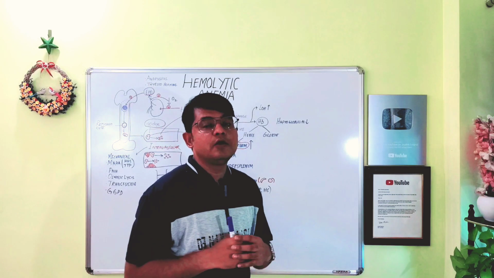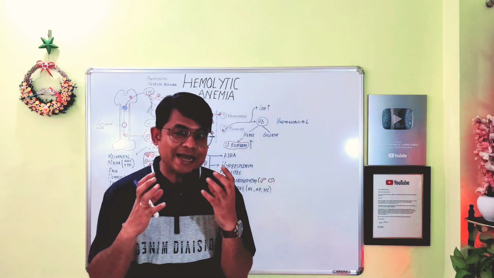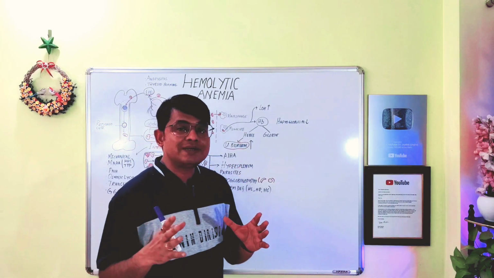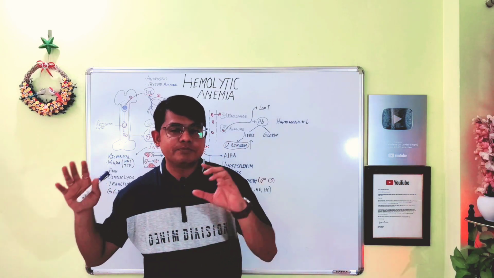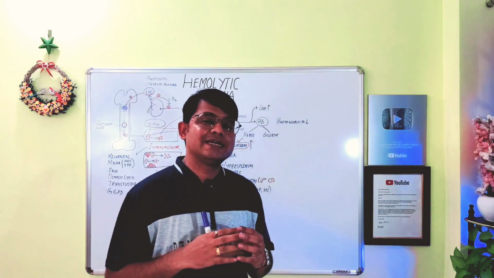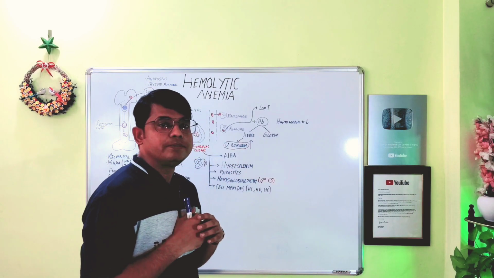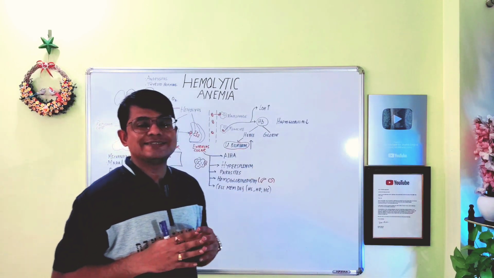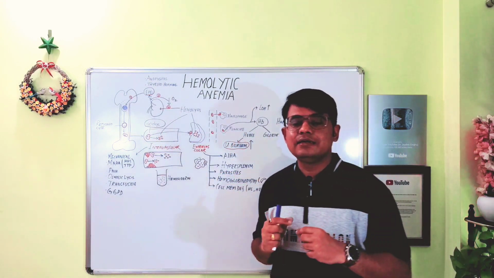So normally we get reticulocyte in the peripheral blood as polychromatic red cells. That means the normal color of RBC is reddish or pinkish, but the color of polychromatic red cells is somehow grayish or slightly purplish in color,